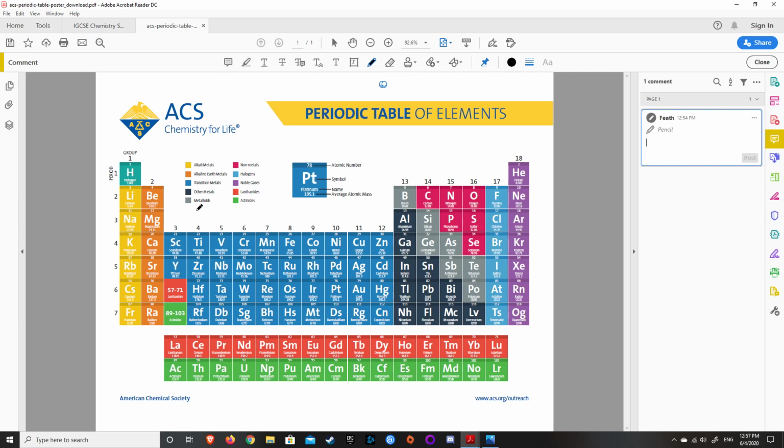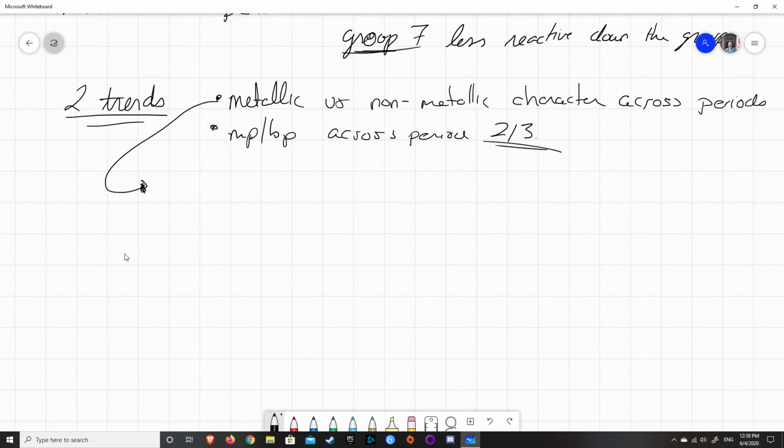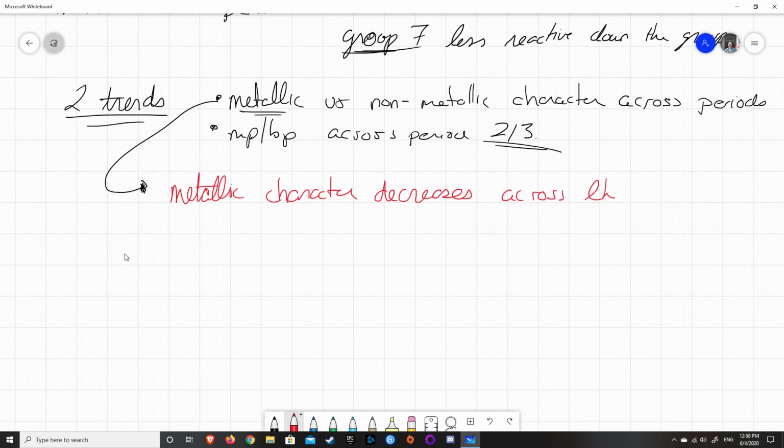So metallic character, how much something acts like a metal, decreases across the period